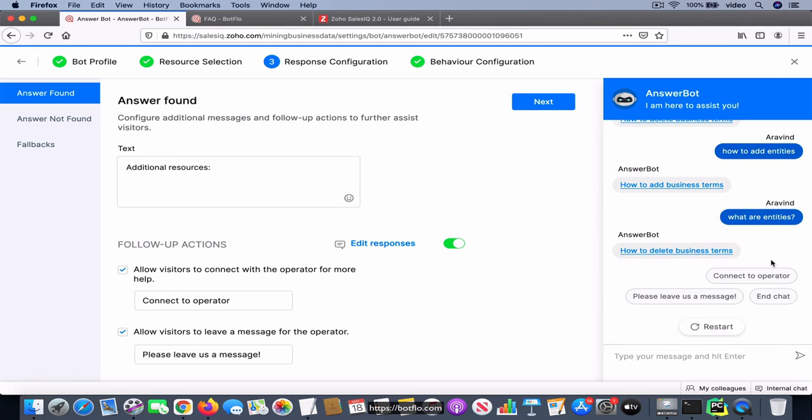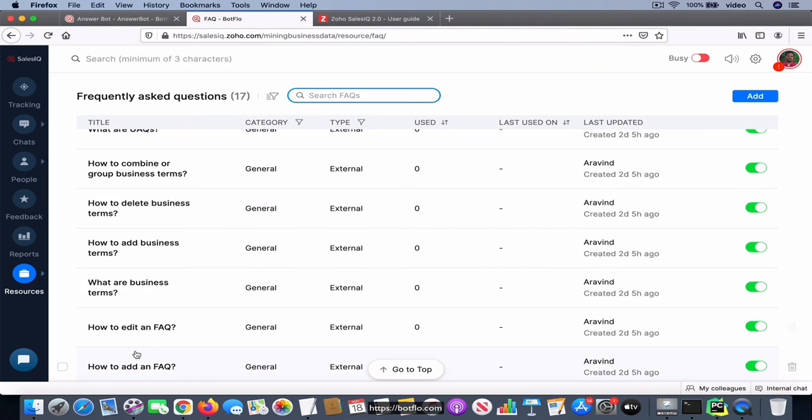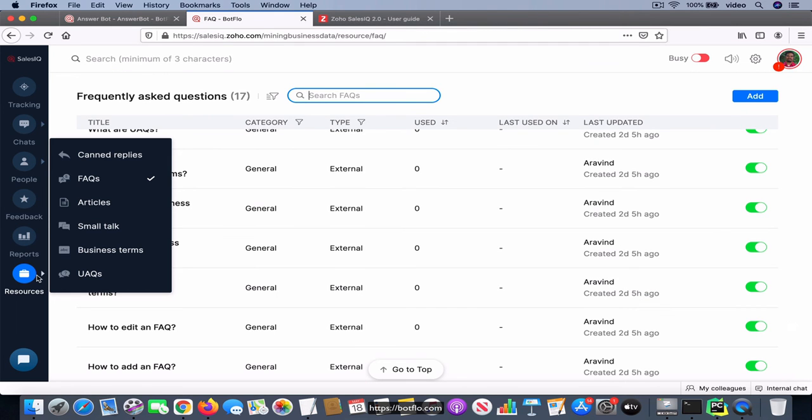So this is, I guess, a step in the right direction, although the overall performance is not great because we do want it to come back with the definition and not this answer for how to delete business terms. Hopefully this gives you a good idea of what business terms are used for in the Zoho answer bot,